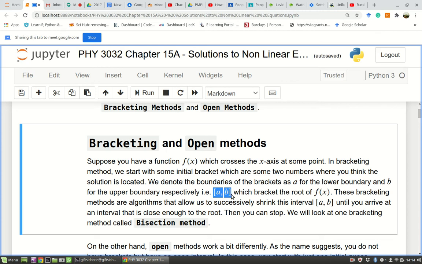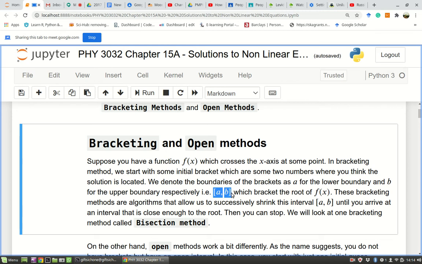So it's very, very important that you make sure the bracket you have chosen actually has the function f of x crossing the x-axis somewhere in between a and b. If that is the case, with a bracketing method, then you are guaranteed to find the solution,